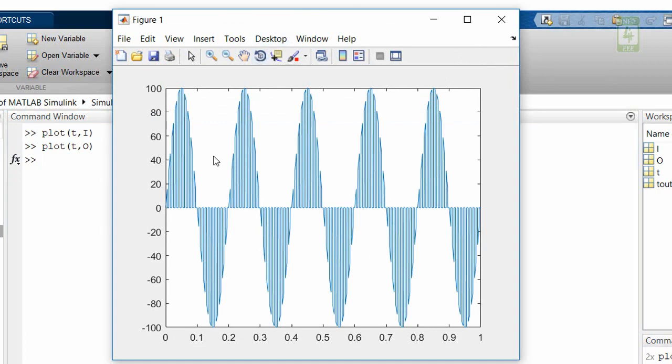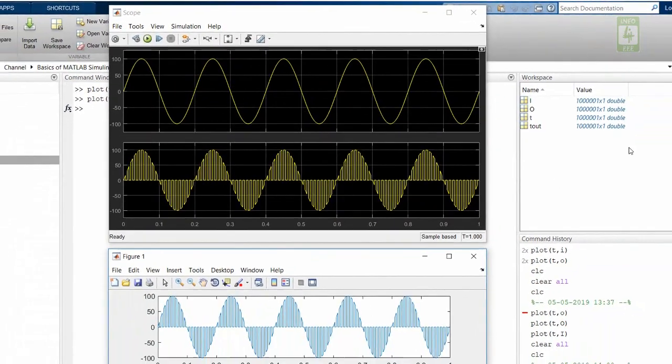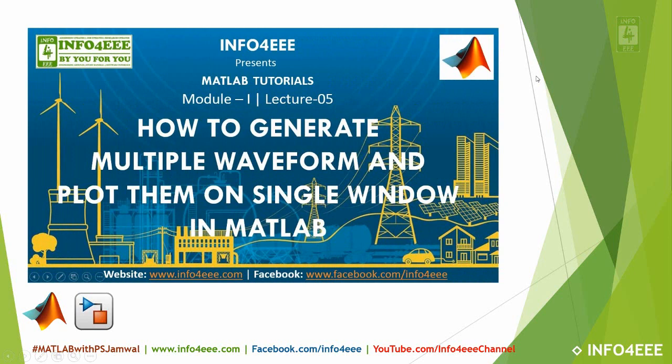That means through this command you have extracted both input as well as output data. You can do more with this data, for which you can refer to our fifth video on basics of MATLAB programming. This is sufficient for today.